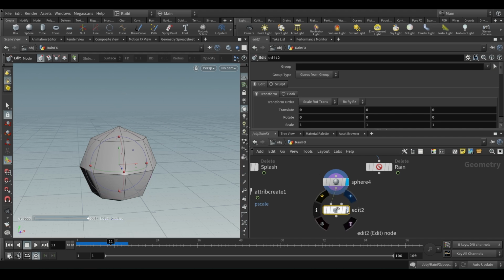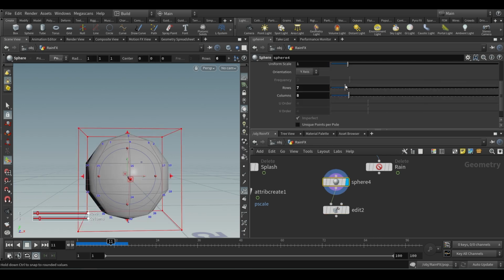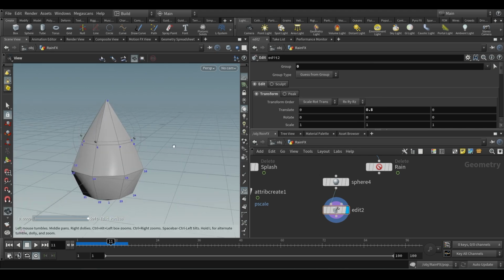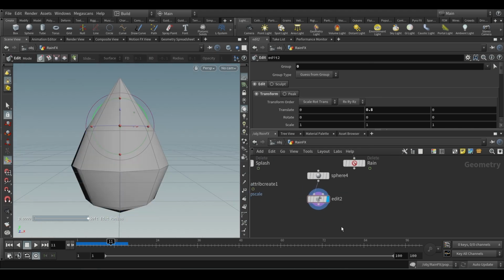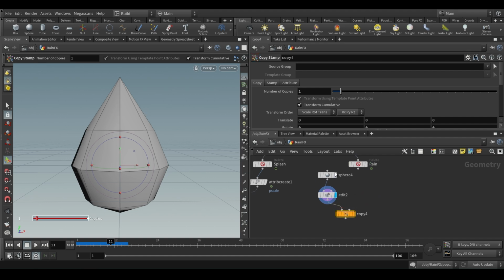You can shape it in your own way, and you always know that this point is always going to be 0, whatever is at the top. So if you go anything, it's going to be the 0. Since you know that, you can just type 0 and make it as, now it looks like water drops. So I'm going to connect that with the copy stamp, and here I would like to do what I would like. I'll just drag and drop this one.